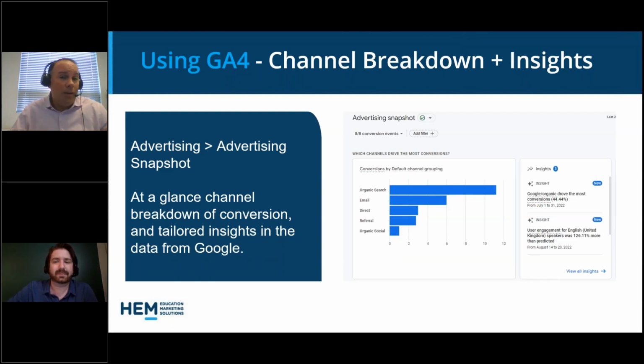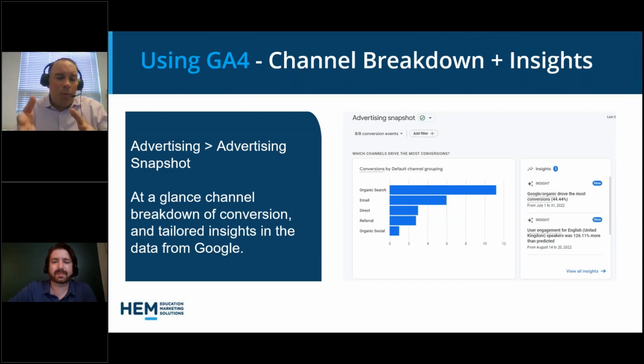And in our sector, in the education sector, there are common ones: lead generation, CTAs, or calls to action, application calls to action. So we want to understand the relationship and the performance of those channels or sources towards those conversion events.